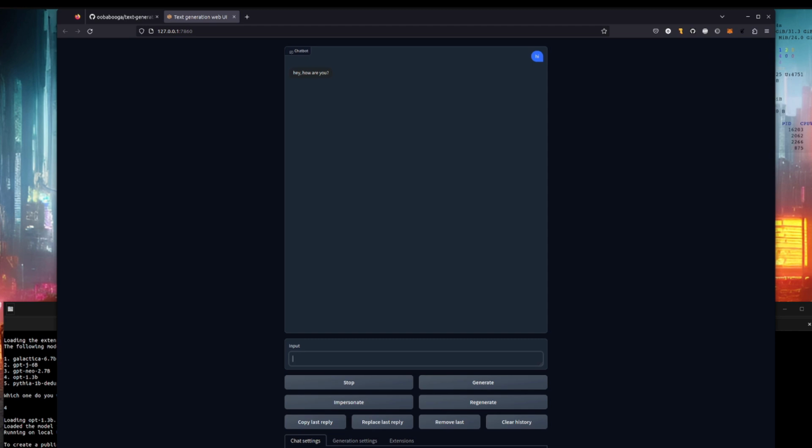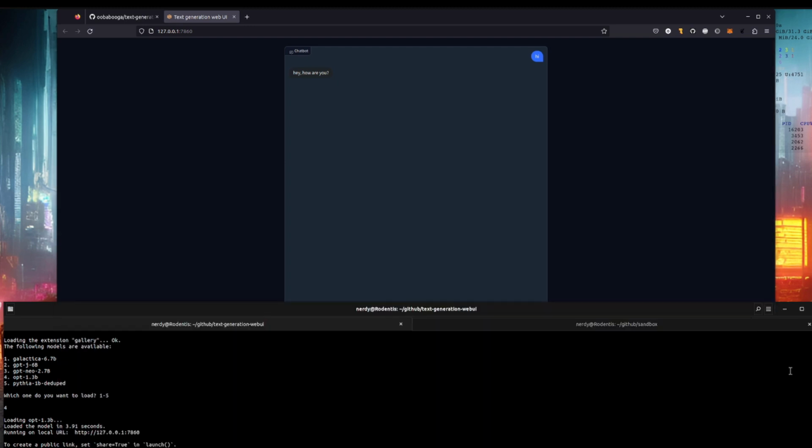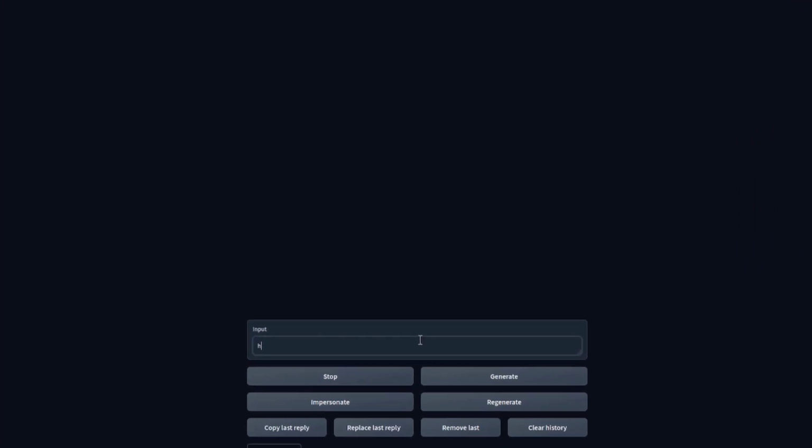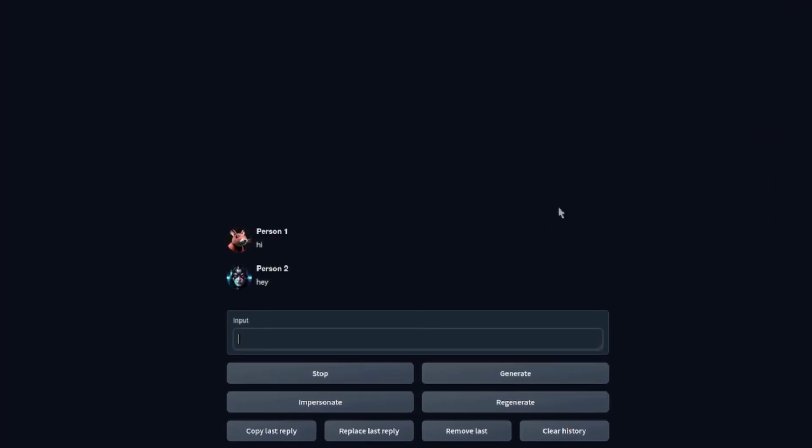This can get even better because it can add avatars as well. So let's start it up in that Character AI style one. This time when I say hi, let's put the input there, press return, hi. It's got person 1, person 2, and they've got avatars. How awesome is that?